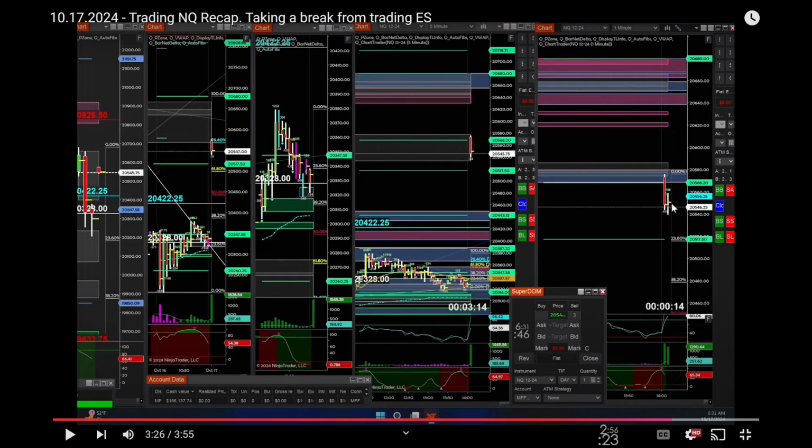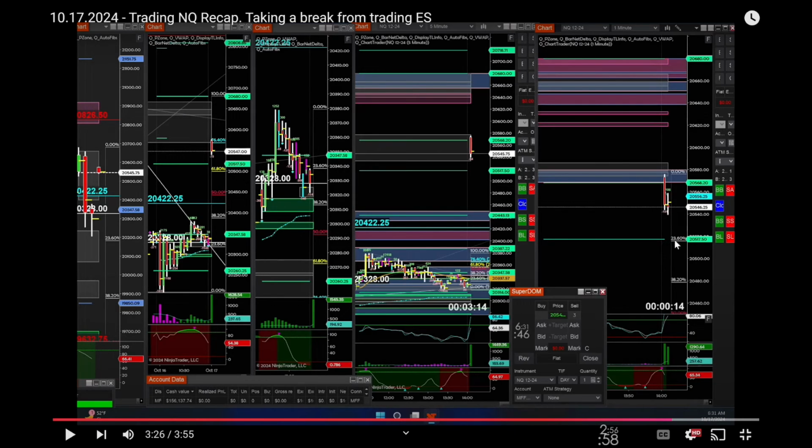Now, I like a retest. So on this second 1 minute bar, it came back, tested this zone right here, and you see this massive wick here. This is a lot of buyers trying to push it up, positive delta, but the bar is not going with it, right? Usually when you see a lot of positive delta like that, you expect this bar to be moving upward, but it wasn't. You see that there's a wick here, right? So I decided to go ahead and take a short right there.